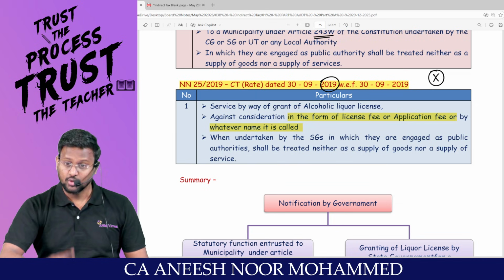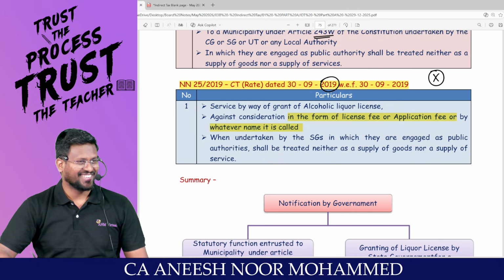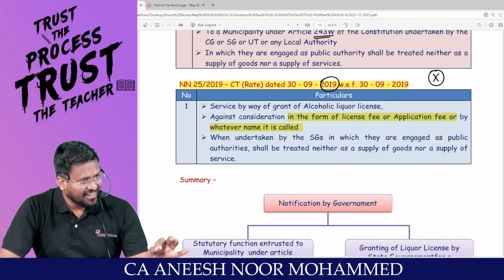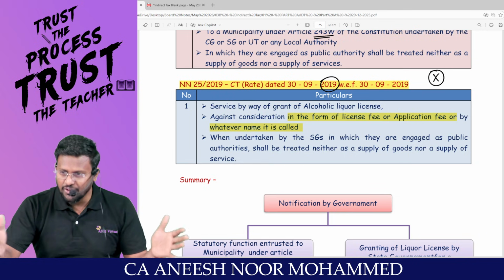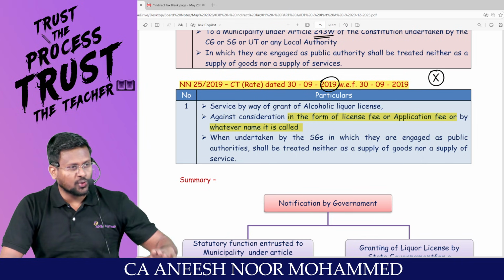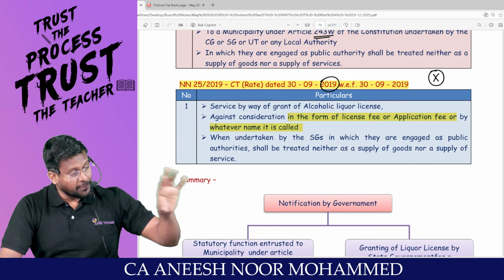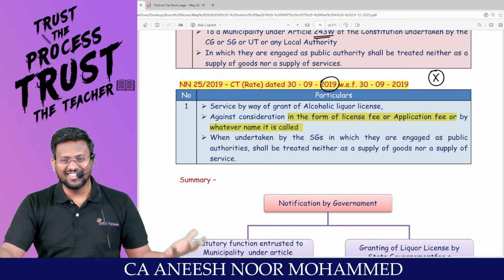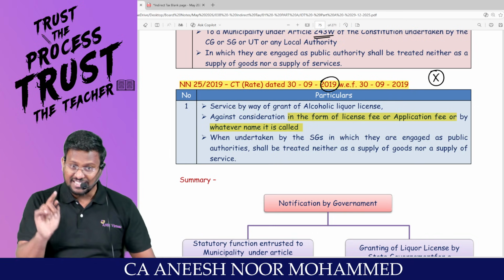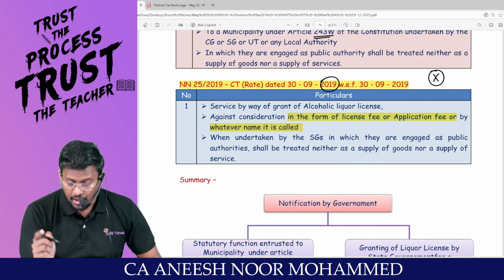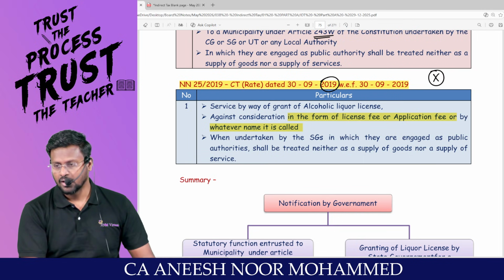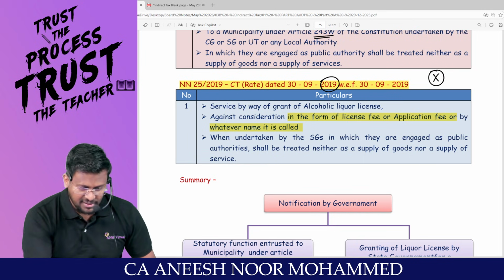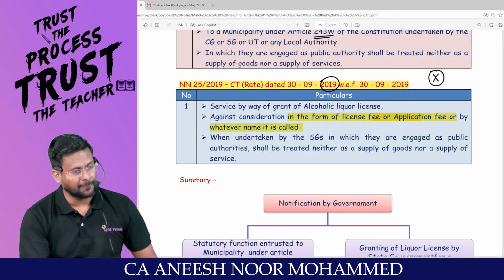Government will not accept it. Hello, sir. They will not provide a license. They will see where you are going to start, how many square feet there will be, whether you are going to give only supply or people can sit and have a drink, everything they will check. And the state government is deciding how many bars should be there in a particular state. For that, they will be getting an application fee.